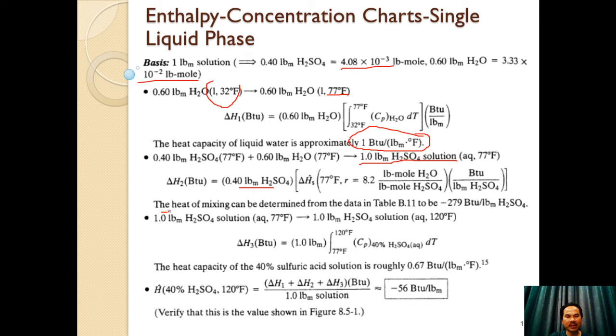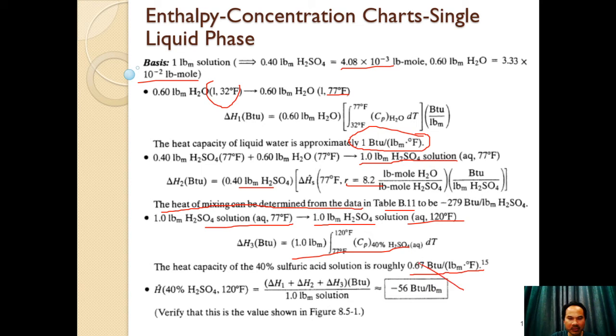For this case, the heat of mixing you can calculate from table B11 at n equal to 8.3. Okay, 1 pound mass of HCl aqueous solution, to 1 pound mass HCl at 130. This is the change in temperature. So you get this. For the sulfuric acid it is about 0.76, and then you get delta S1 plus delta S2 plus delta S3 in BTU, divided by the total pound mass of solution. So you get about minus 56